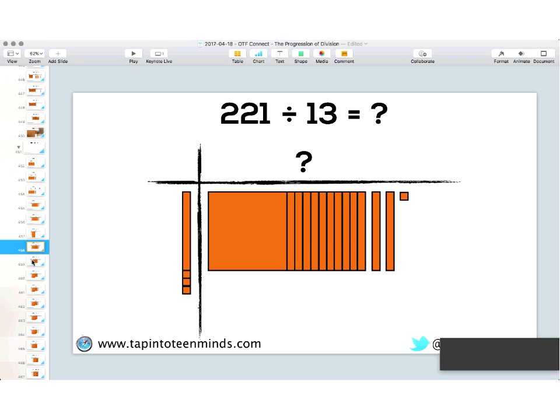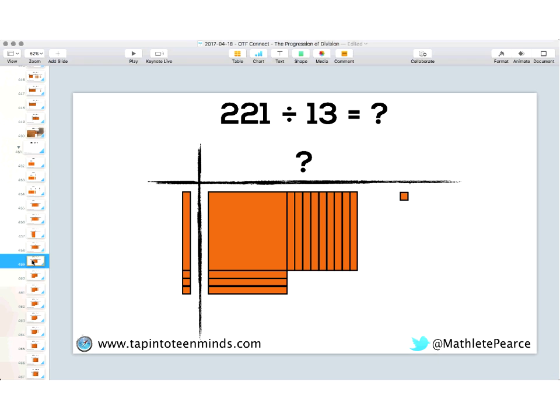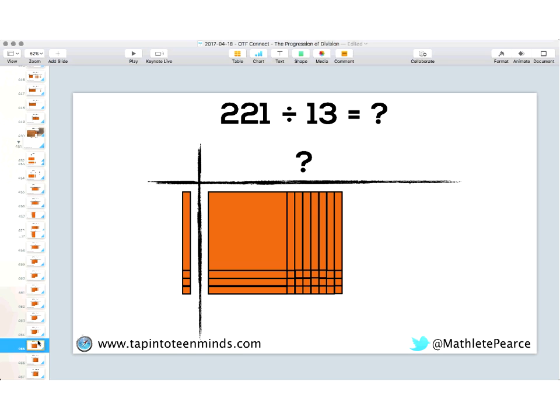And now I'm going to go ahead and try to build this rectangle by doing a little bit of moving around. So you can see here I took 3 10 rods to fill up that little bottom left corner. I'm like, all right, this is looking pretty good, but I got a big gap going on over here. I take my unit, I put it there, and I go, wait a second, this isn't going to work. So I go and I start swapping out my 10 rods for units, and then I place them in. And then I swap out another 10 rod for units, and I place them in. And eventually I get there, and you'll notice here that I have a nice, beautiful array